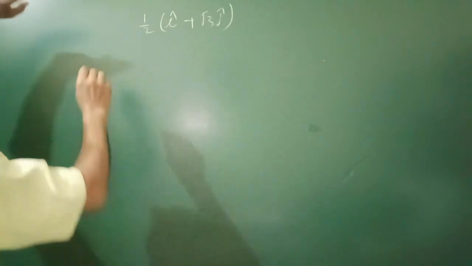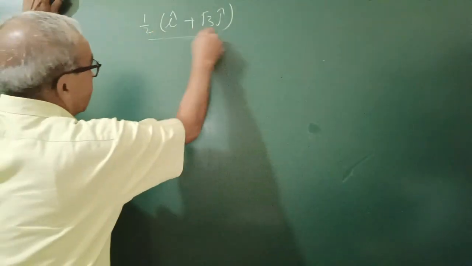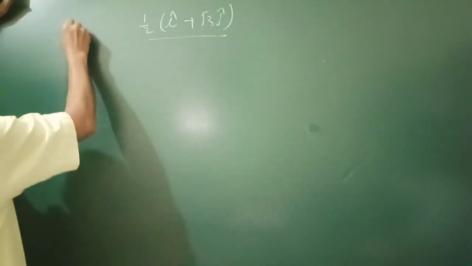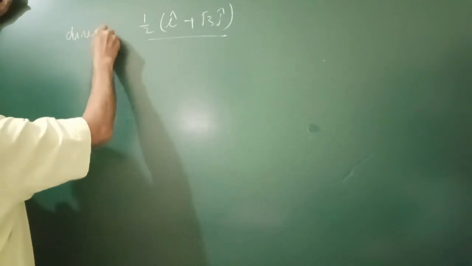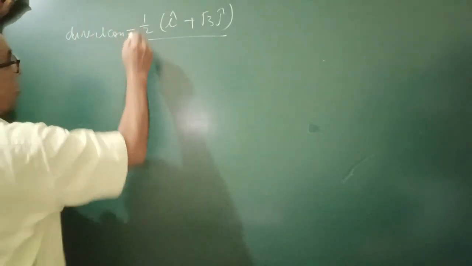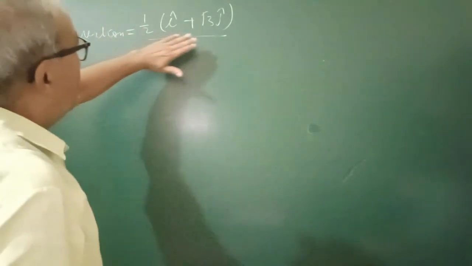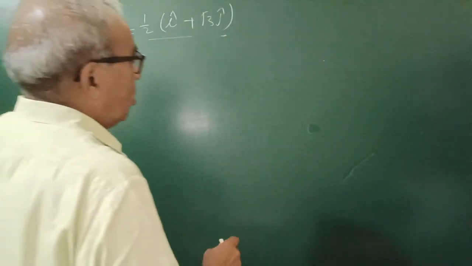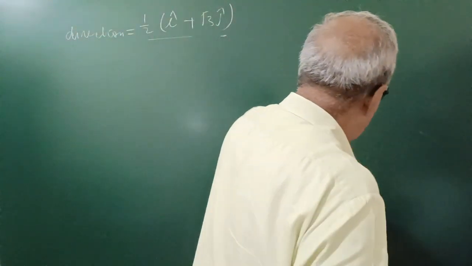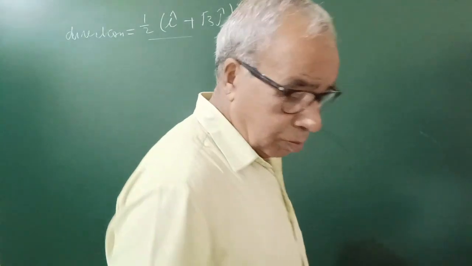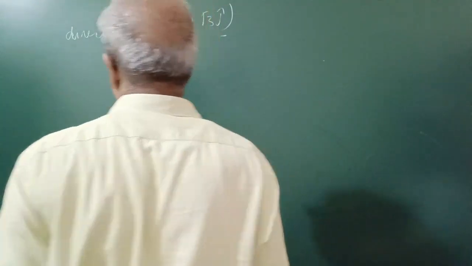A ray of light traveling in this direction of propagation, and it represents a vector, is reflected from a mirror, and the reflected ray